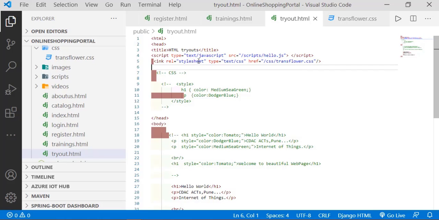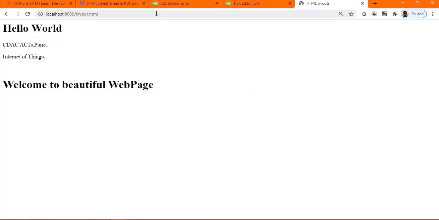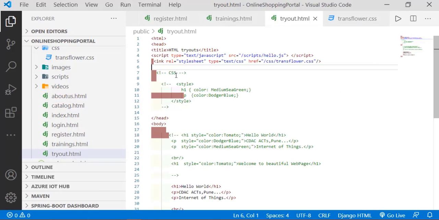Applied. Still I am not getting it. Maybe my spelling of link is wrong. I am telling people that you are going to make a typo mistake and I am doing my typo mistakes. Yeah, the job of the instructor is to show what kind of possible errors students will face during practical, so that the trainer's time will not be wasted on that.